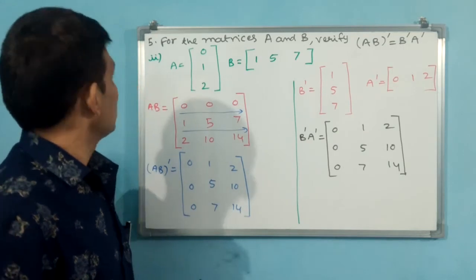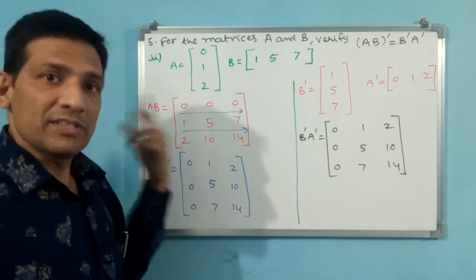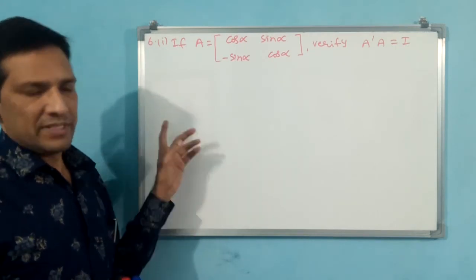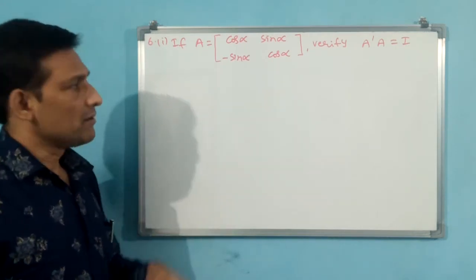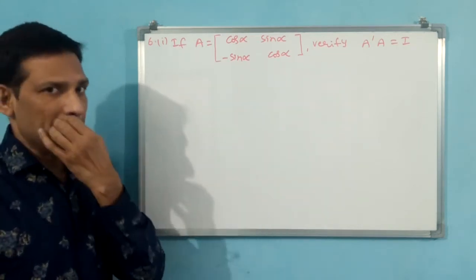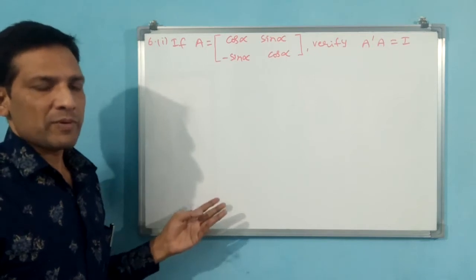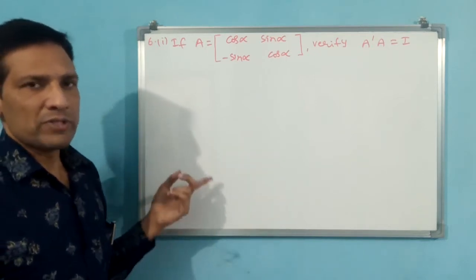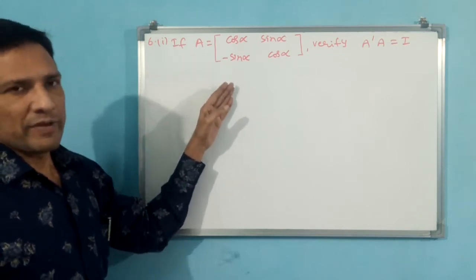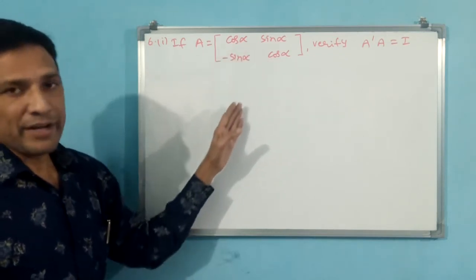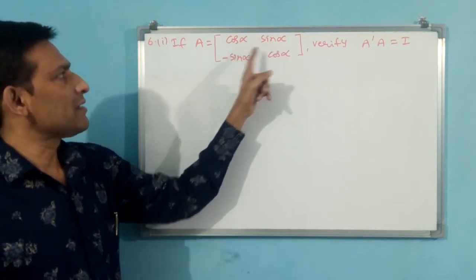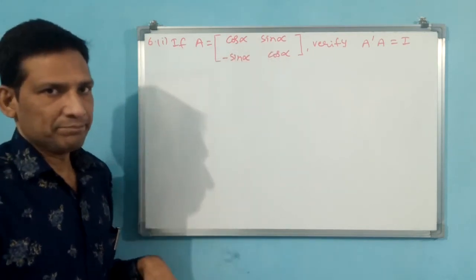Like that, right? And close this. Let us go for the 6th question. In question number 6, 2 parts are there. First we take the first part and finish it. This is also a verification we have to do. We will verify the first part, then do the second part also. What they have given in the first part is one matrix, which is not ordinary numbers. It is like trigonometric expressions: cos alpha, sin alpha, minus sin alpha, cos alpha.